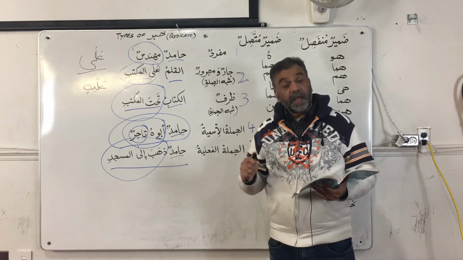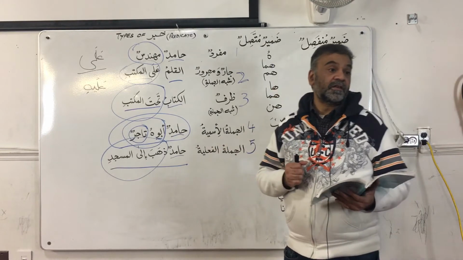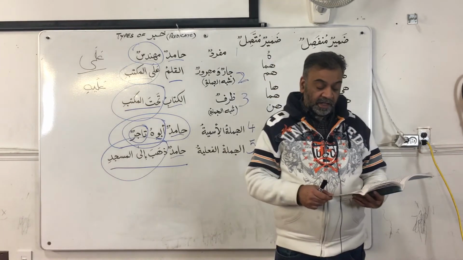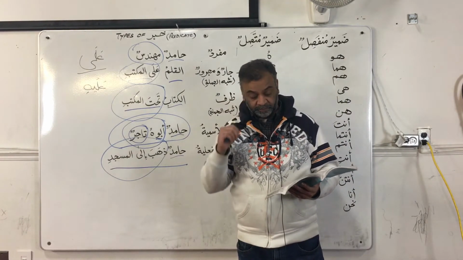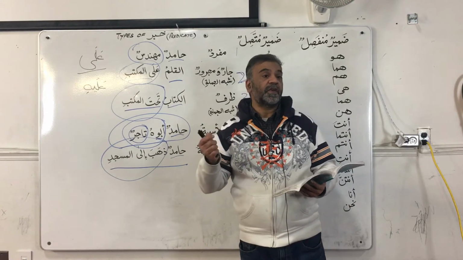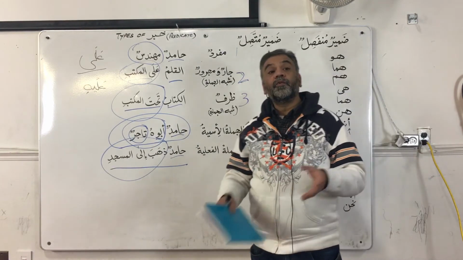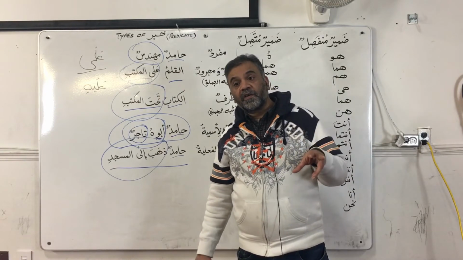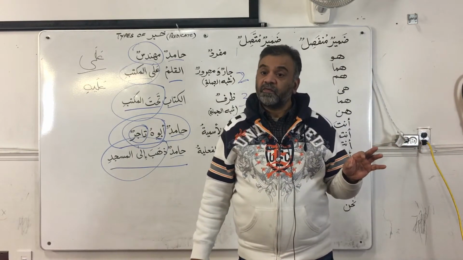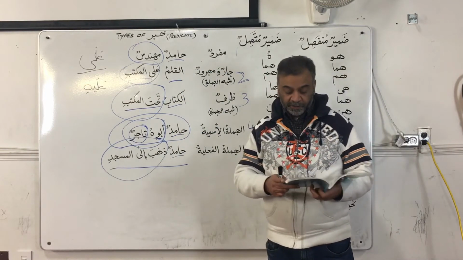Number 15, aina abuhu, where is his father? Then you say abuhu, his father, fil Kuwaiti, or wherever he is, fil Yabani, his father is in Kuwait. Abuhu, now abu here is mubtada, wa huwa mudaf, and hu mudaf alayh, and fil Kuwaiti is jarun wa majrurun shibu jumla khabar, which is the second type we have learned.